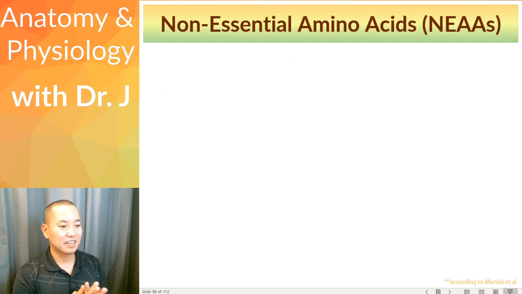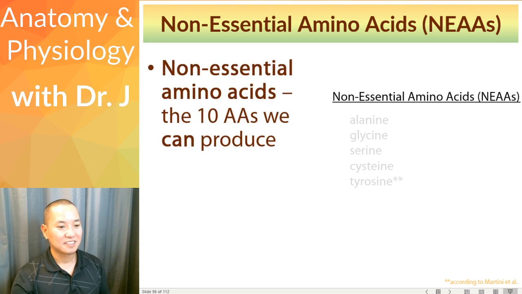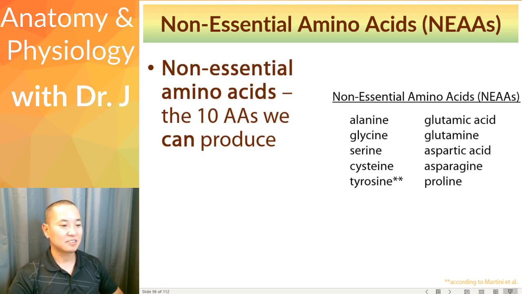So this is why we have these things called non-essential amino acids and essential amino acids. Non-essential, essential, again, just like our essential workers, these are the ones we need. Non-essential are the ones that are nice to have, but we don't necessarily need. So non-essential amino acids, these are the 10 amino acids we can produce. And tyrosine, I put a little